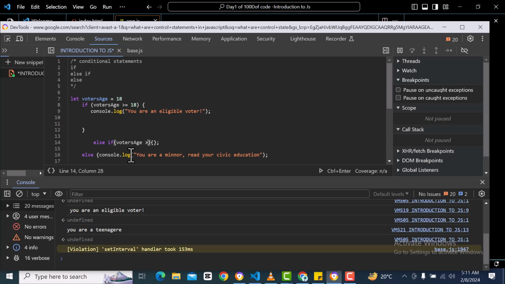If a child is 16 years, now we want to print a different message, right? So we are not telling the child to read his or her civic education anymore, because we assume that the child is almost eligible. If the child is 16, 17, but not yet 18, we want to print a different message, and then we can console log, and the message is